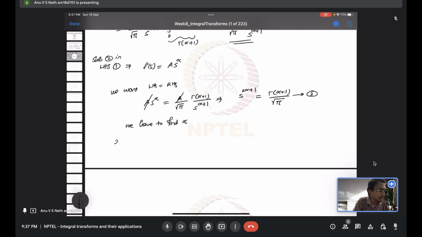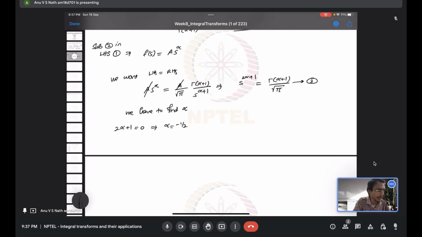So 2 alpha plus 1 should be equal to 0, which says that alpha should be equal to minus half. So this is from the left hand side. But the right hand side is a constant, and that is a particular constant. When we put 2 alpha plus 1 equal to 0, LHS becomes 1 because it's s raised to 0. So the right hand side we want it to be similarly 1,